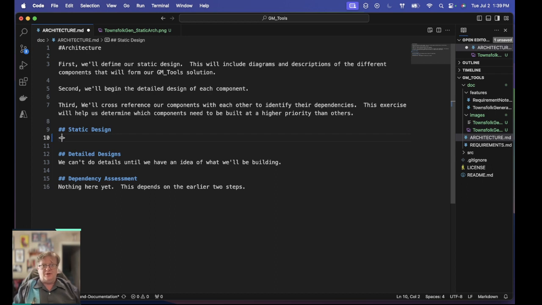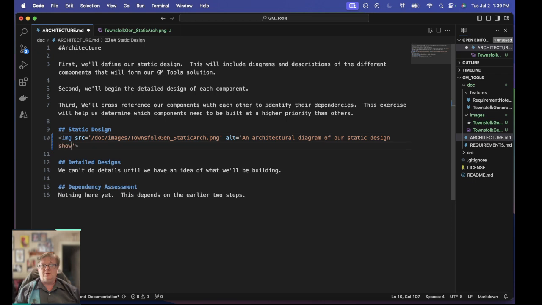And I believe we go image source equals slash doc slash images slash townsfolk gen static arch.png alt equals, let's use single quotes, an architectural diagram of our static design